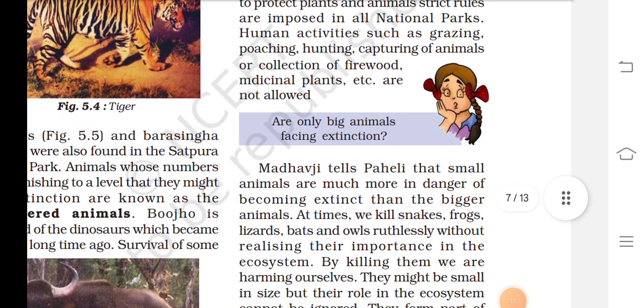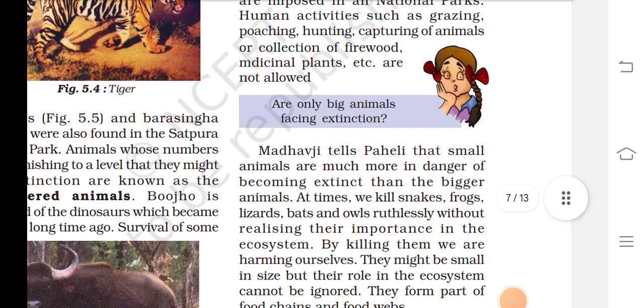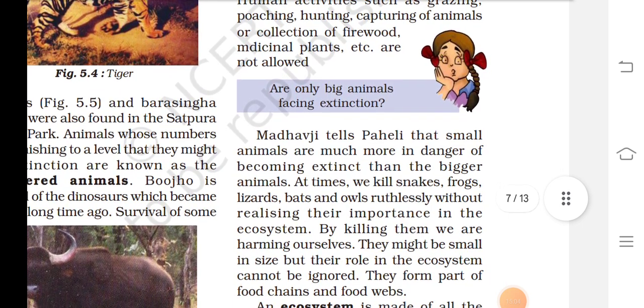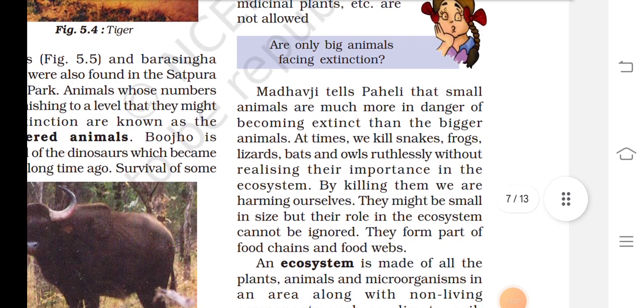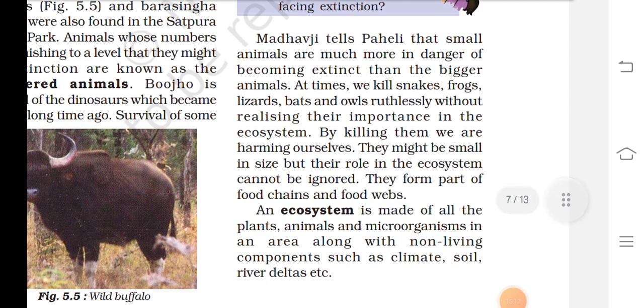Human activities such as grazing, poaching, hunting, capturing of animals or collection of firewood, medicinal plants, etc. are not allowed. Are only big animals facing extinction? Mahadevji tells Paheli that small animals are much more in danger of becoming extinct than